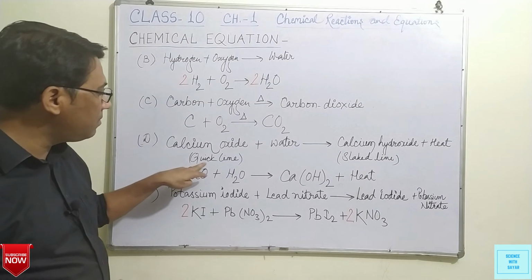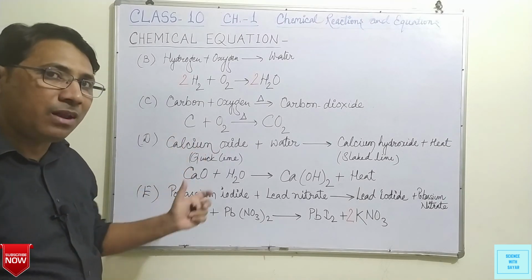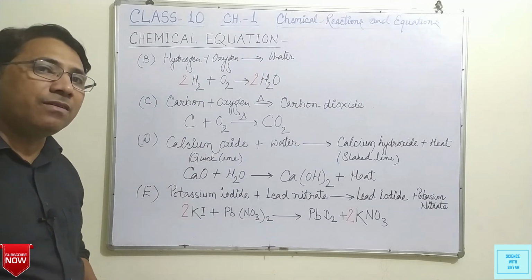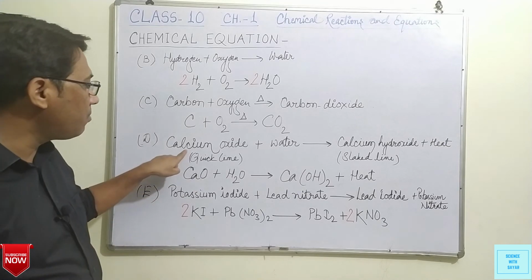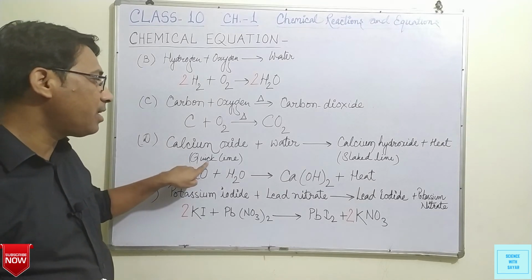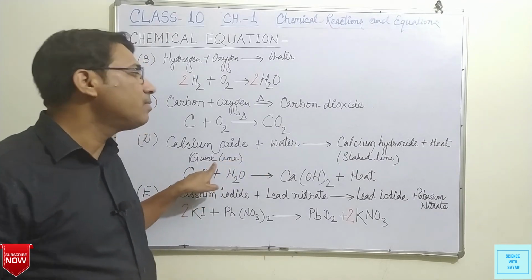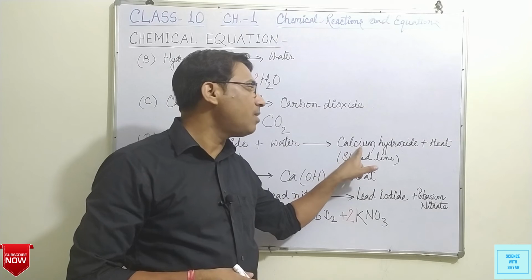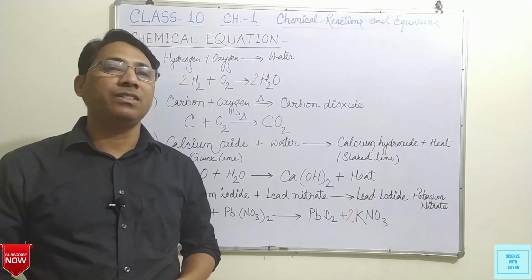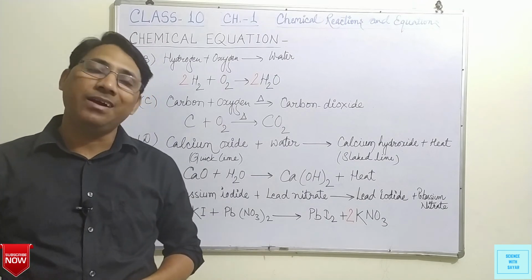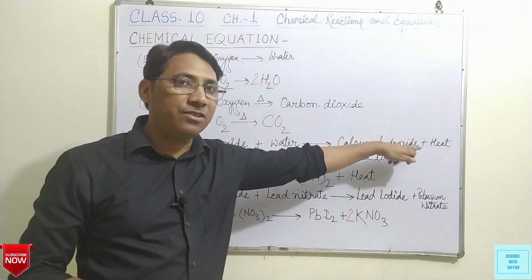Actually, this is a burnt stone, marble, calcium carbonate. When burnt in air, by heating it, a substance is formed, that is calcium oxide, that is known as quicklime. And when we add water to this quicklime, a new substance is formed, that is calcium hydroxide. And this calcium hydroxide is used to whitewash the walls of houses, etc. So that is known as slaked lime, and heat is released in this reaction.